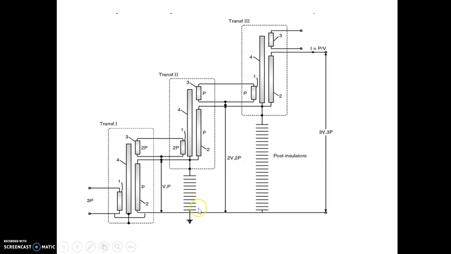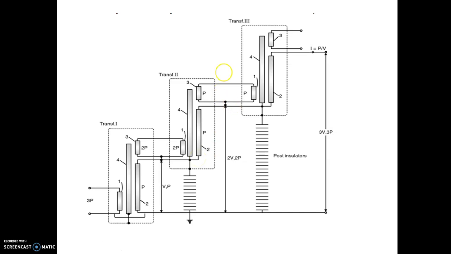So it should be away from the earth, because you know we insulate the second high voltage terminal from the ground. What should be the height of this HV terminal from the ground? That also applies to this terminal. So here this insulation has to be perfect. So the level of the second transformer has to be at a high height and insulation should be perfect because this is at the voltage